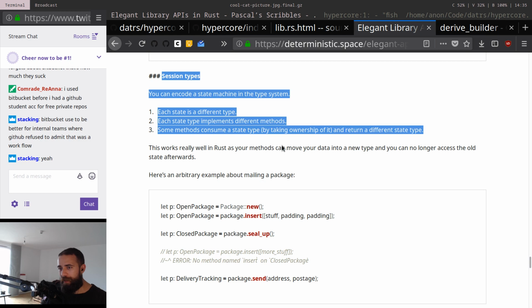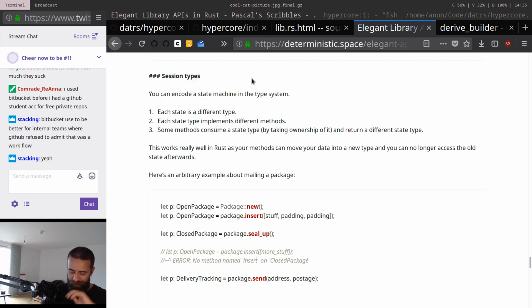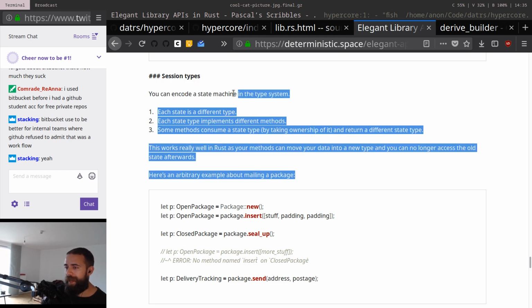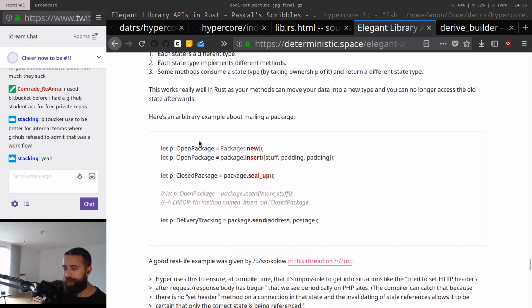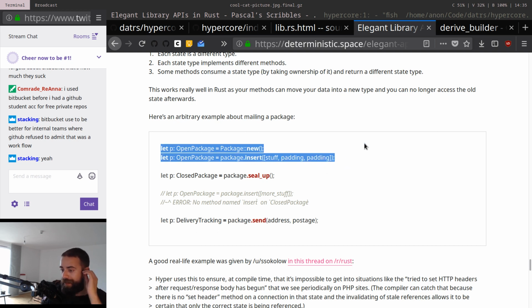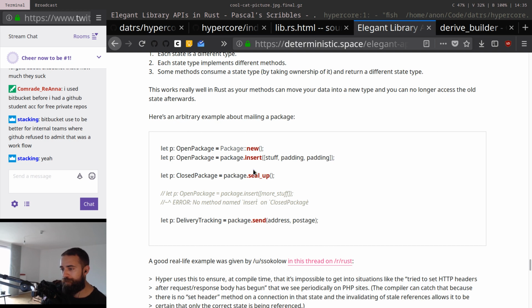This is probably one of my most favorite Rust things ever, because it relies on ownership stuff, and the borrow checker enforces this. So what you can do here is you create a new instance of a thing, then you call a bunch of methods on it, and then call the finalize method, and that consumes the self and returns a new result. And then the prior methods you can no longer access, and that's enforced by the compiler. So you can think of it as like a state machine, if all of these return a new